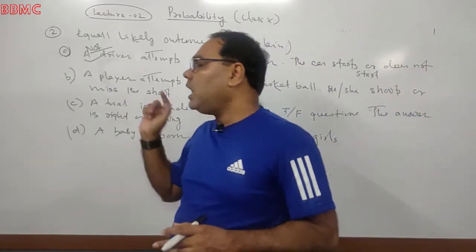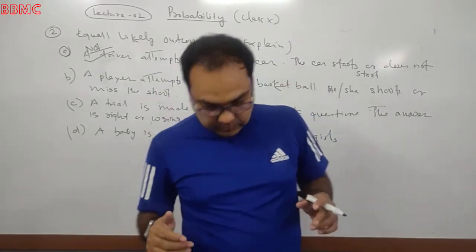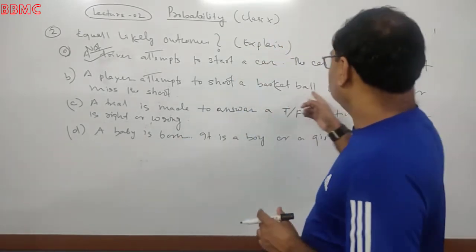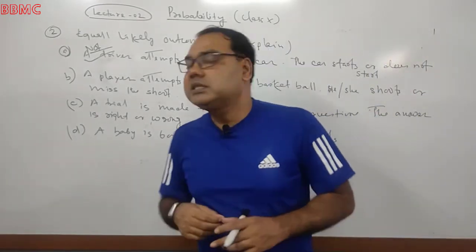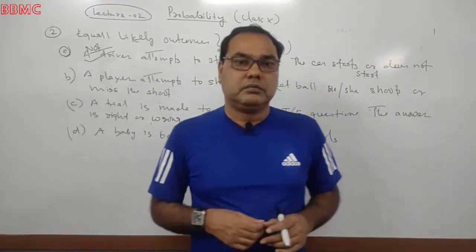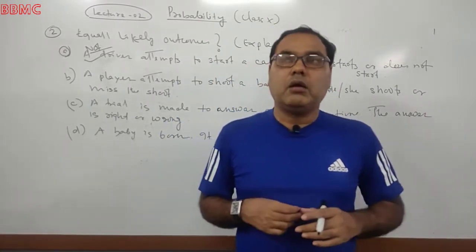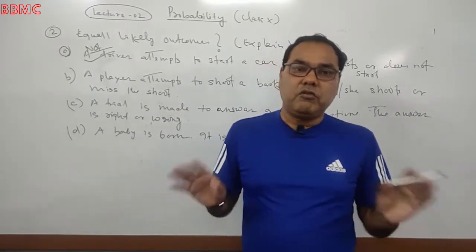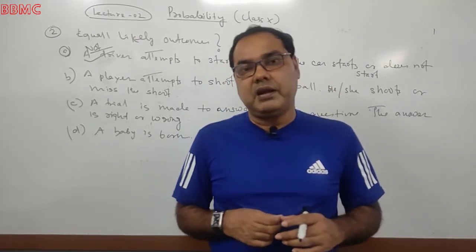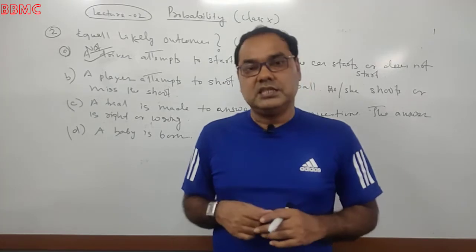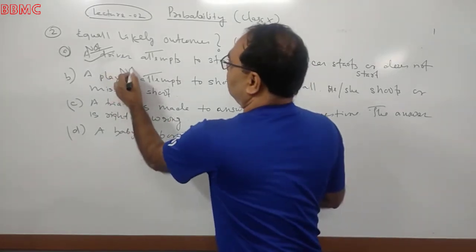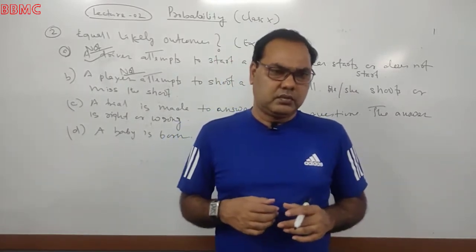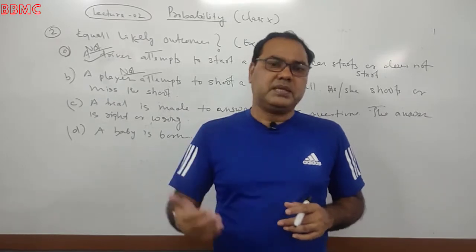Shoots or misses the shot. Shoot a basketball, he or she misses the shot. What do you think, is it equally likely or not? No, not at all. Again, why? The ball may not be fair. This is one of the reasons, because this is also not equally likely. Why? The ball may not be fair. Number 2, whether it will shoot or not depends upon the training of